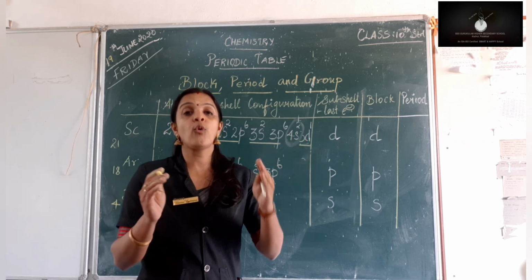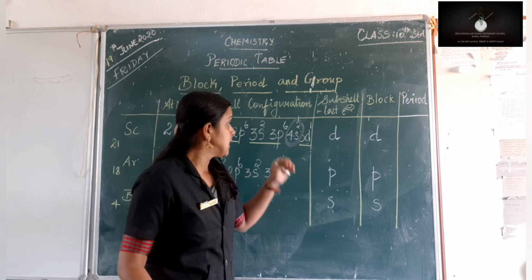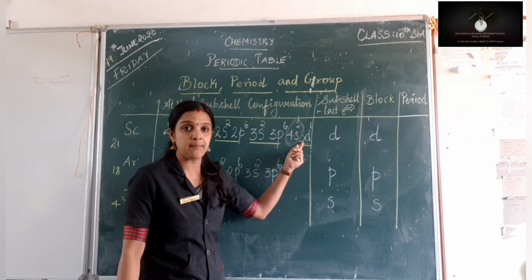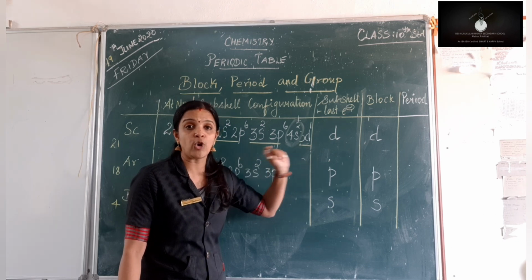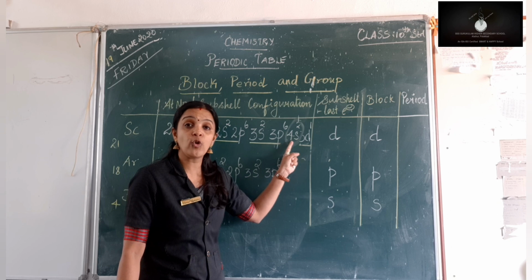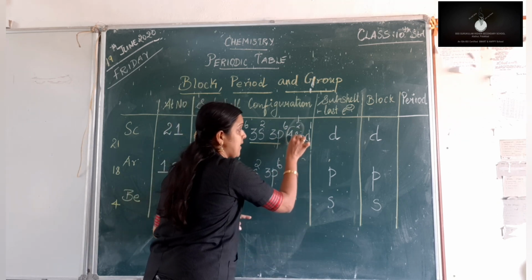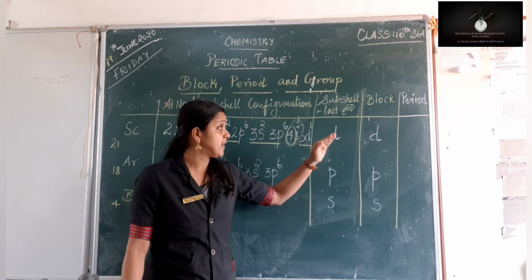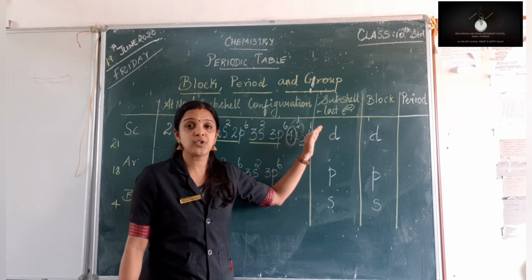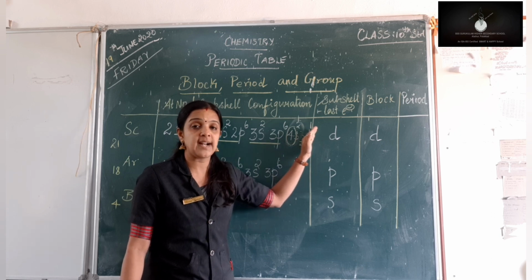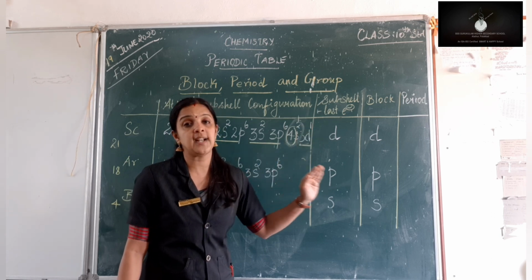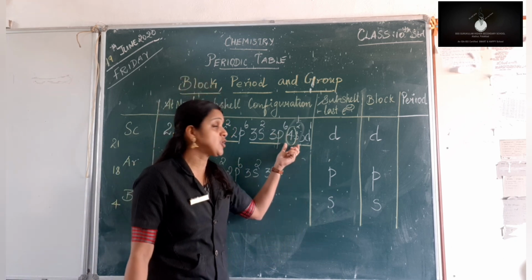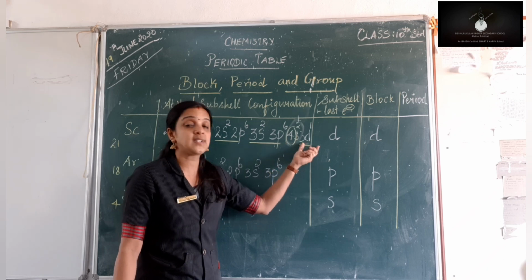But normally the mistake we make is that we look at the last electron and take its shell number. That is absolutely wrong. Because we have 4s here, that will be my highest shell number. Don't ever consider, children, the subshell to which the last electron is added as the highest shell number, because in the case of D block elements, the highest shell number may come before the 3d.